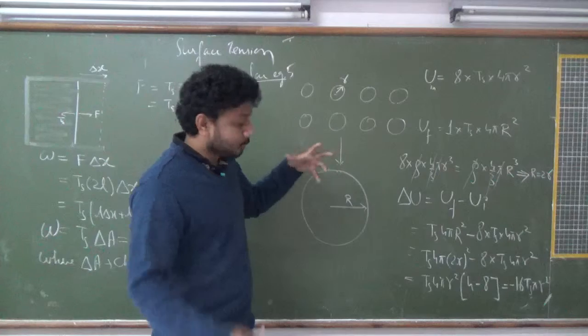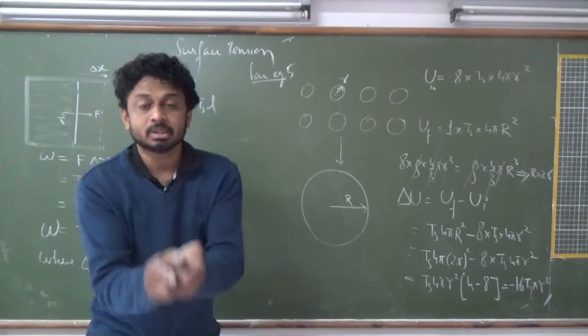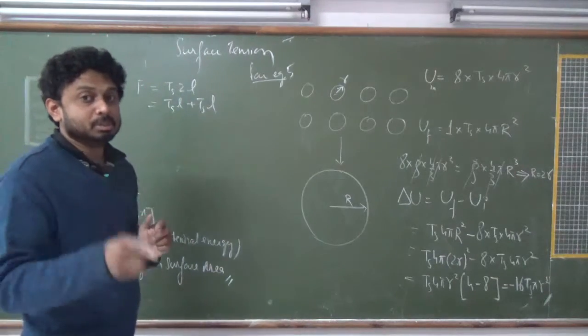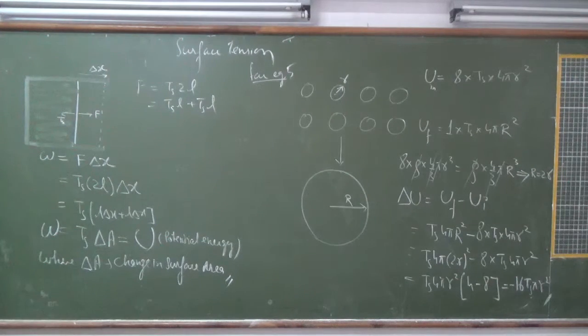Meaning, if you put all 8 drops together, their surface area is bigger than this surface area. Correct? That's the reason why when they meet each other, they try to form a bigger drop so that the surface area becomes less. Again, suggesting that surface tension tries to minimize the surface area. Okay. I'm going to pause the video again for a moment, and then I will write something on the board, and we will come back in a very short while. Okay.